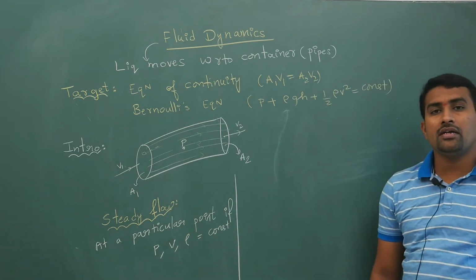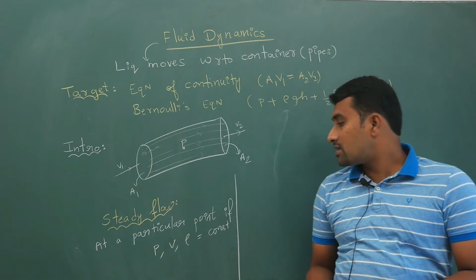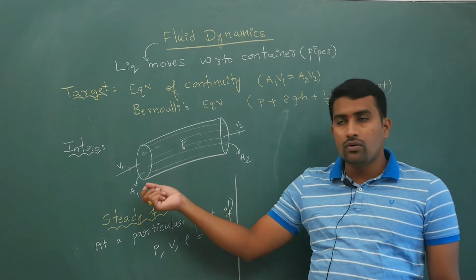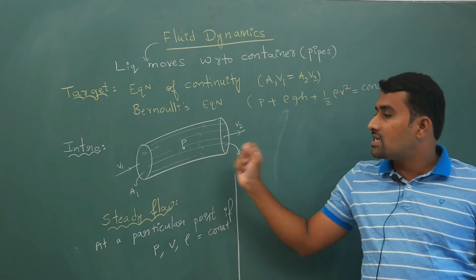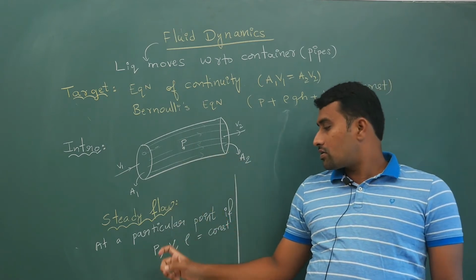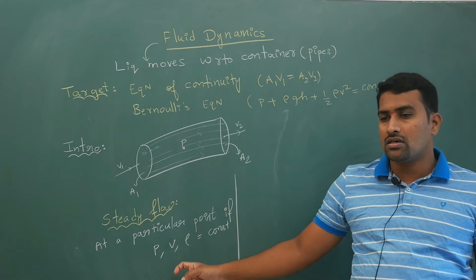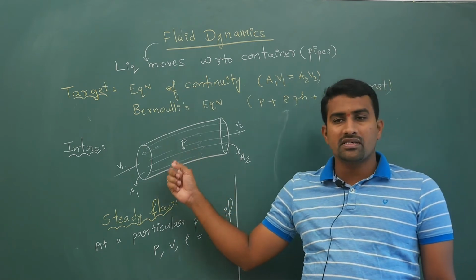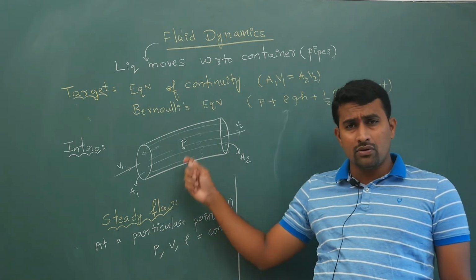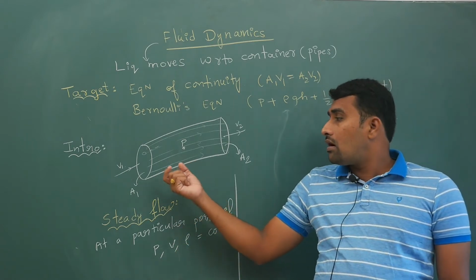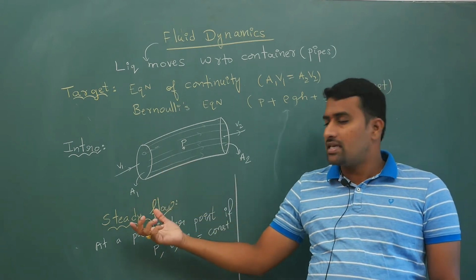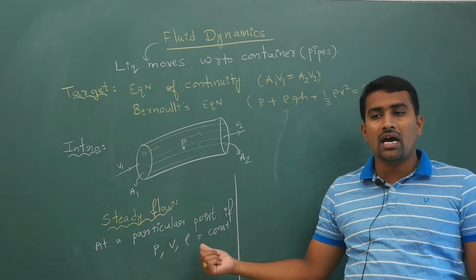Getting my point? What is meant by steady flow? In the path of the fluid, if you take some point, at that particular point your pressure is supposed to be constant. You can keep constant pressure provided you don't change the height. You can keep constant velocity under certain conditions that we will see next, but regarding density you should have the same liquid.